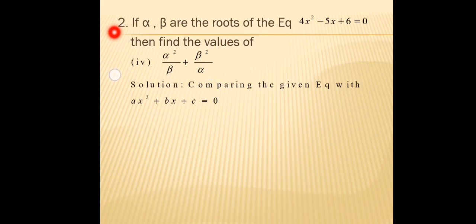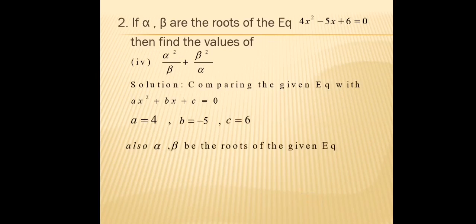So it would be convenient to find out the sum and the product of roots just for once, and we may use it for the other parts as well. But here we have done it again for part 4, but it can be done in the way if we just find the sum and the product of roots once, and then we will just use the values. Here we will again start with the comparison and get the values of a, that is equal to 4, b is equal to -5, and c is equal to 6.